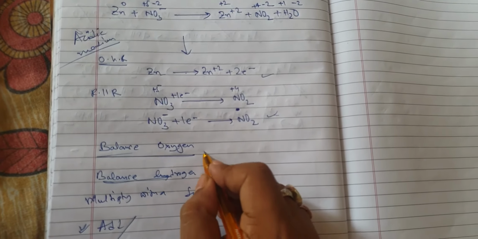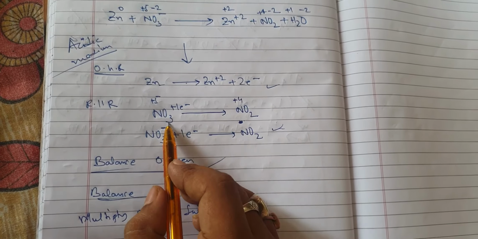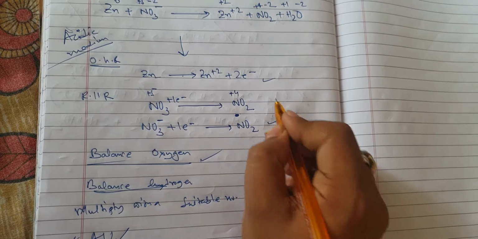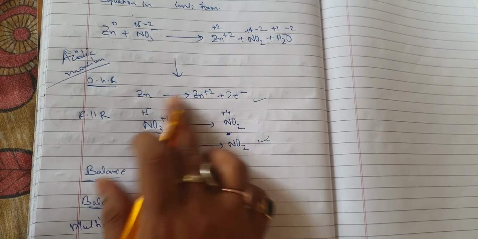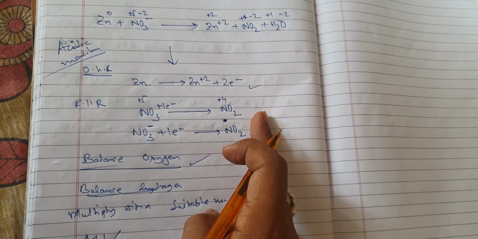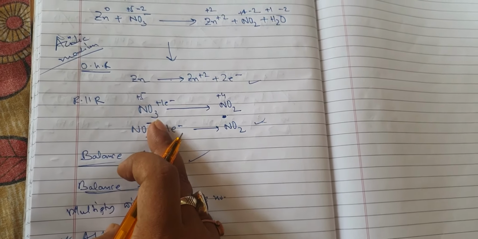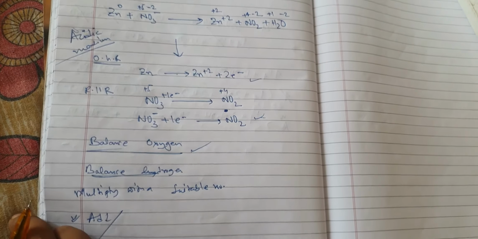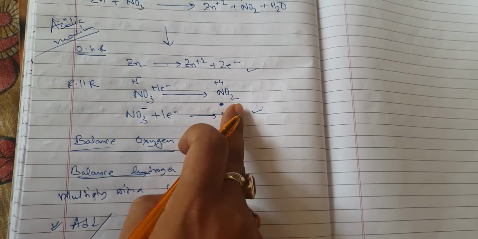I think now you can do all this balancing of oxygen. What you need to do is, here 3 oxygen are there, here 2 oxygen are there. So you need to add 1 H2O here, and here it is not required. Then balancing of hydrogen, because you have added H2O here, you will add 2H plus. In that way we will do, it is very simple. I'll show you in short. This is not required for balancing of oxygen, this is required.